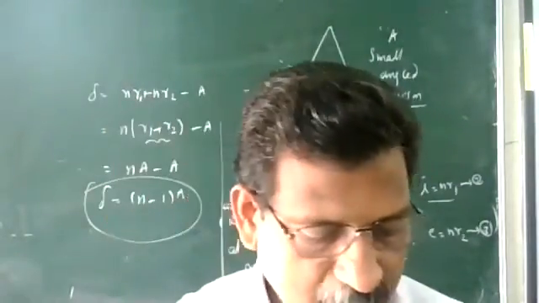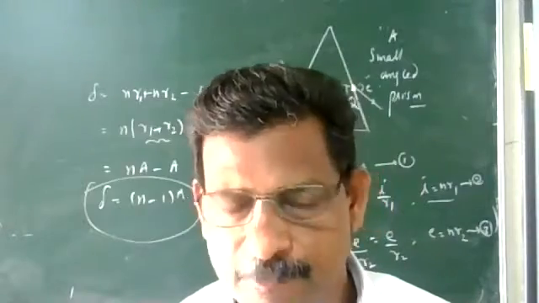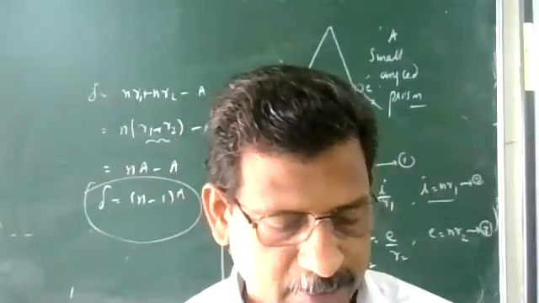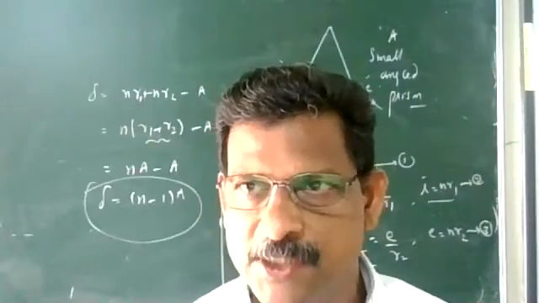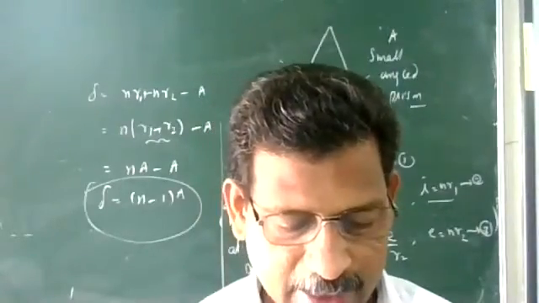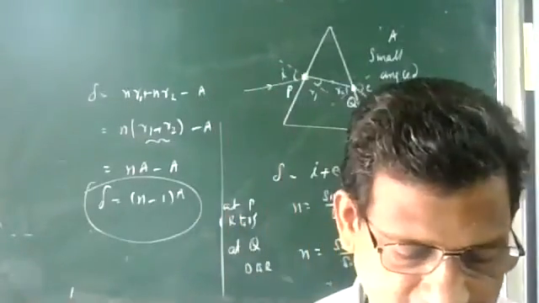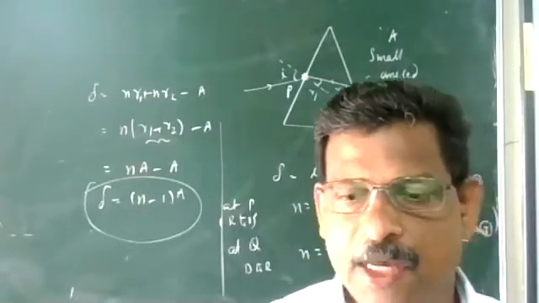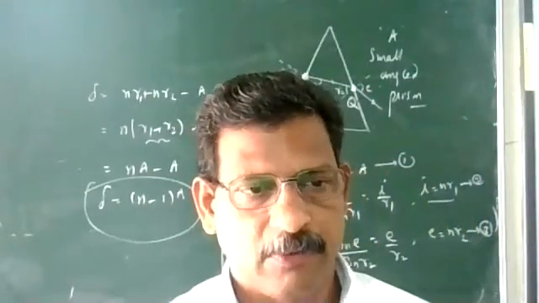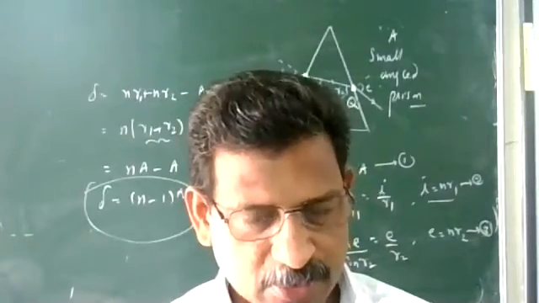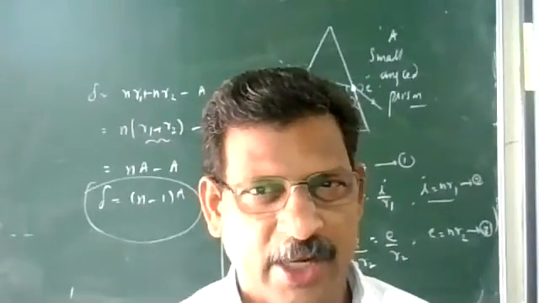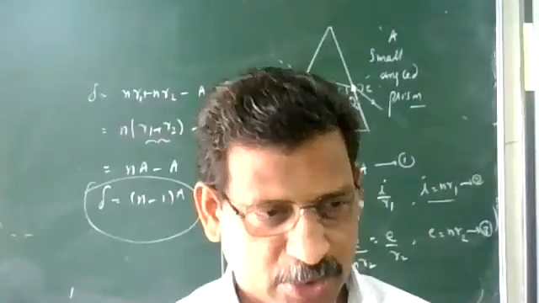So write this numerical, it was a 1 mark question. Calculate the deviation produced for a glass prism of refractive index 1.5 and angle of prism is 6 degree. When the angle is 6 degree, you have to remember in mind that it is a small angle; only then can we use this equation.